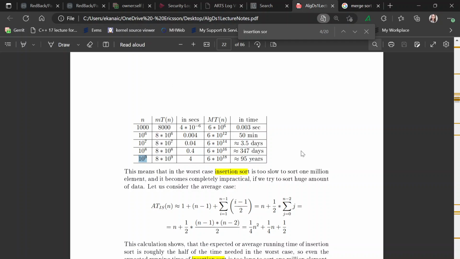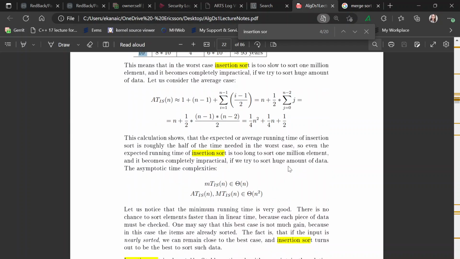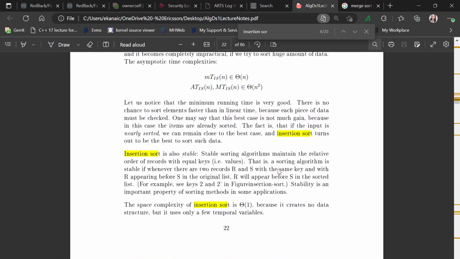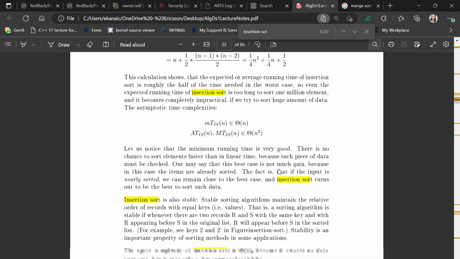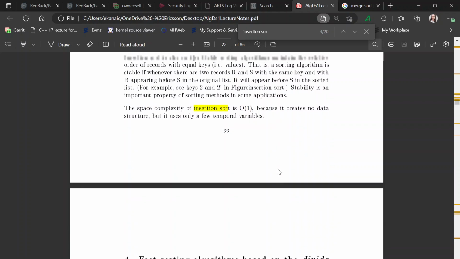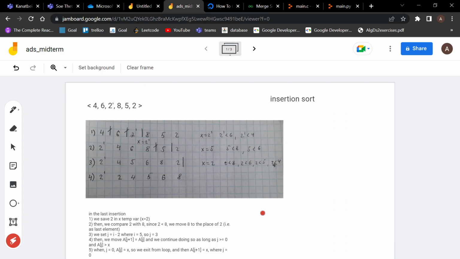So it's really expensive. There are more algorithms which are much more efficient for sorting, but insertion sort also has its own advantages for small inputs. And let's just go further to the